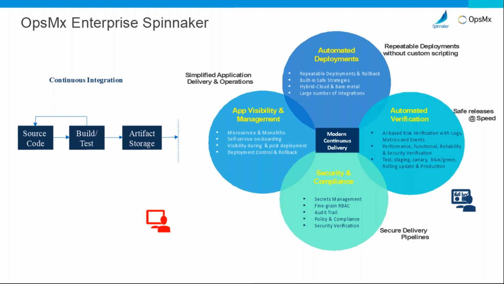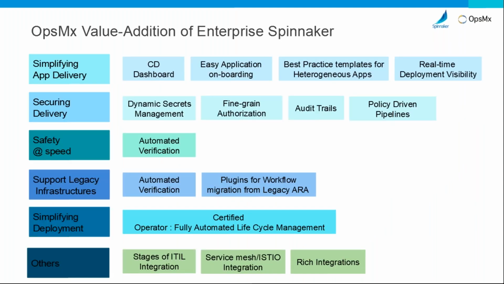So this also includes testing of your application, canary analysis, blue-green, rolling update, and keeping track of your production. So that is the main target for having all of these implementations here. Most of these are already covered: audit trails, fine-grained authorization, automated verification. So apart from that,